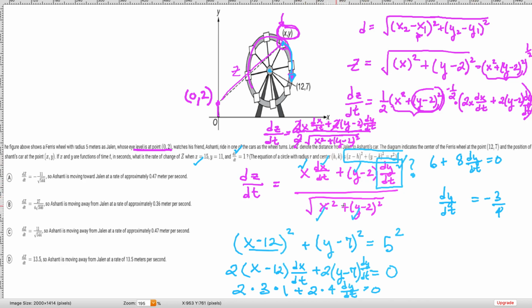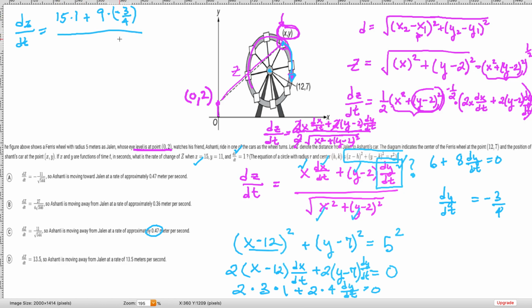And now if you go back to dz/dt, now I have dy/dt as well. I can plug in all the missing values and I will get dz/dt. Take your time with the computation. A calculator is allowed on this question. And when you use the calculator, what you'll get is approximately a positive value of 0.47. So now you would just plug in: dz/dt is going to be equal to, okay, x is 15, dx/dt is 1, plus y is 11 minus 2 is 9, times this dy/dt that we just solved for, negative 3/4,